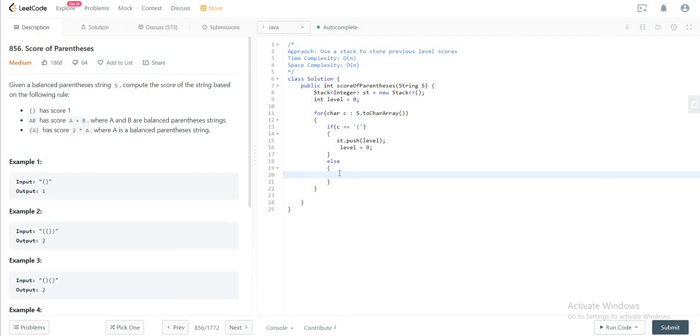So when we get a closing brace, what you need to do is update the score. And the way you'll be updating the score is by popping what you saw previously and then taking the current level score that you have already and multiplying that by 2. But also you would have to use math.max, and the reason why you're doing that is